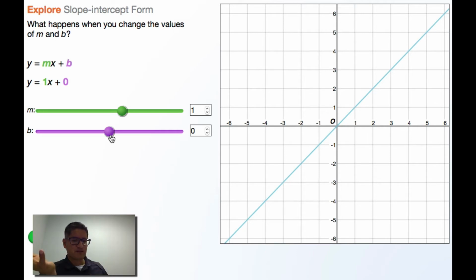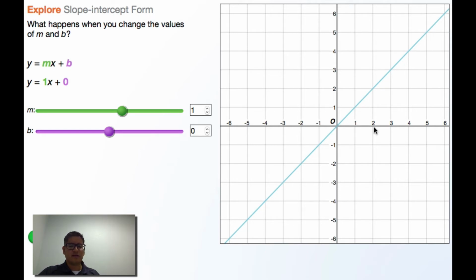So the h represents the 2. So that negative 2 on the x means that the line will be going to the left. I'm sorry, it'll be going to the right 2 times, right? So this line will be horizontally translated to the right. That's if you look at it that way. I think there's a much simpler way to look at this, and if you look at g of x equals x minus 2, why not look at it as your slope-intercept? The g of x can be y, right? y equals